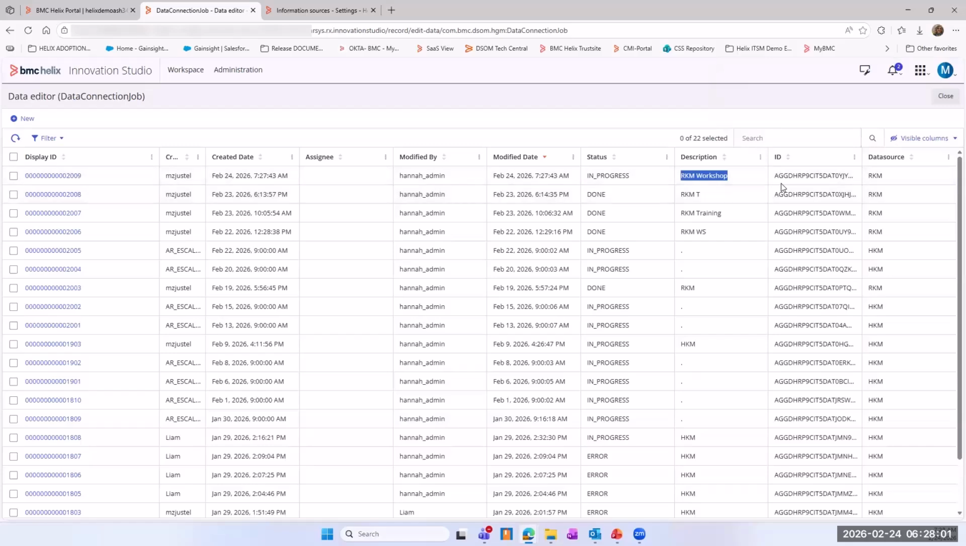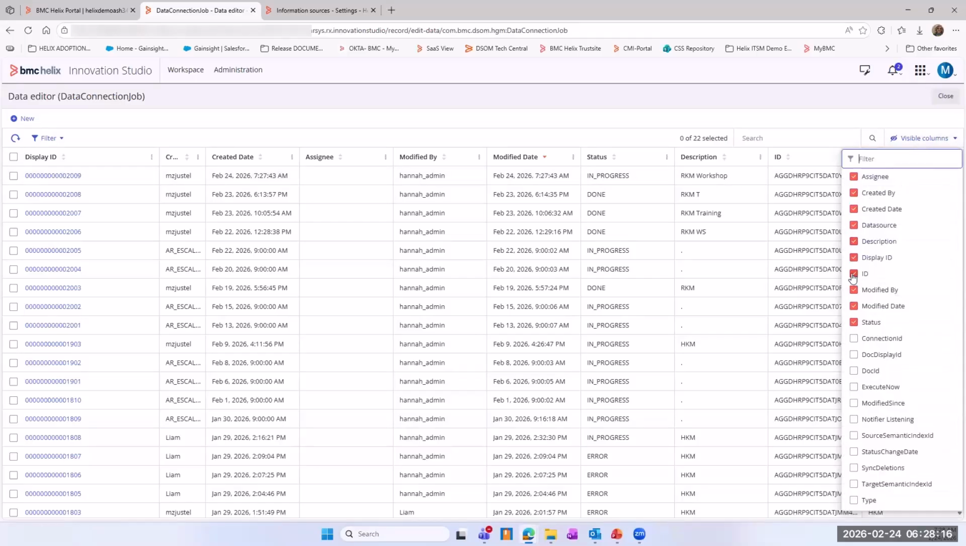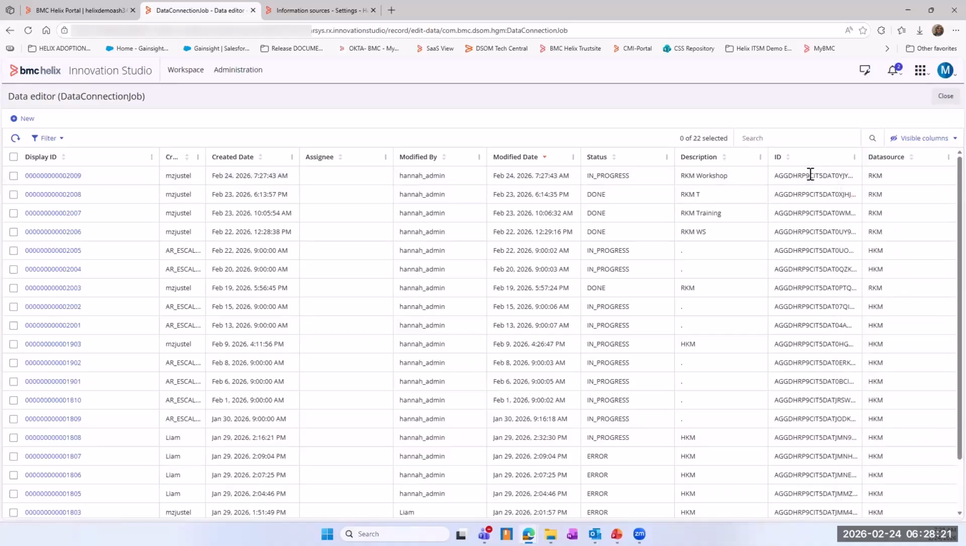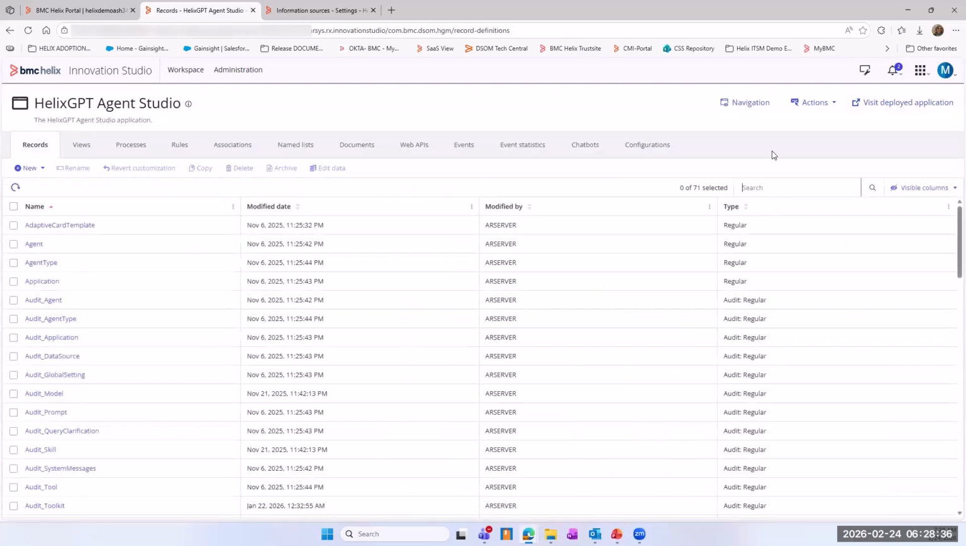What I need to do to follow up on what's going on and whether all my articles are being synchronized or not is to copy this ID. If you don't see the ID, click on visible columns and then click on the ID and check it. So you will have this column. Now I am going to copy this one. Copy. And good. And then I am going to the other table or record,